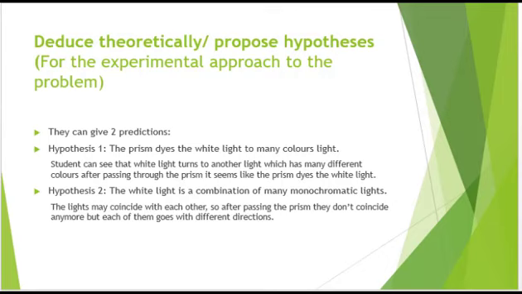And maybe they will think that the lights may coincide with each other in the beginning, so after passing through the prism, they don't coincide with each other anymore, but each of them goes in a different direction. So hypothesis 2 may be that white light is a combination of many monochromatic lights. So in order to verify which prediction is true,